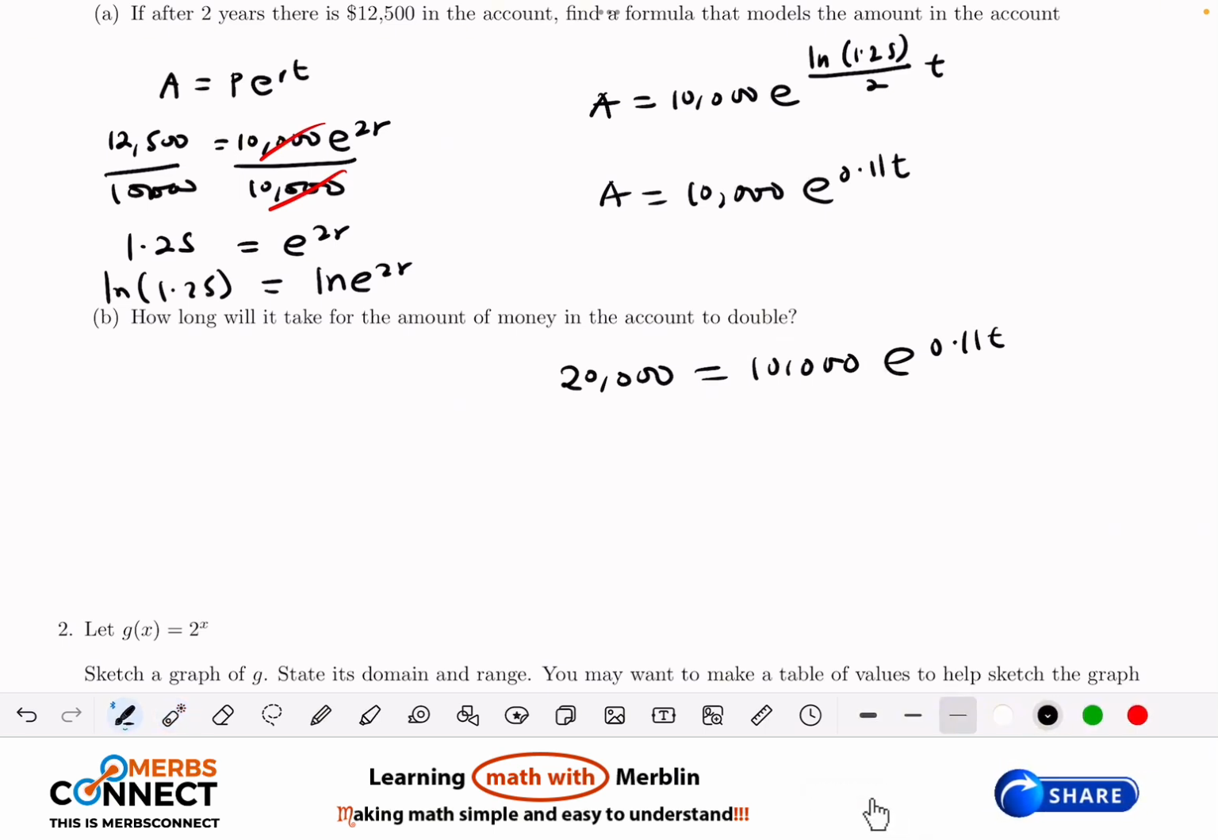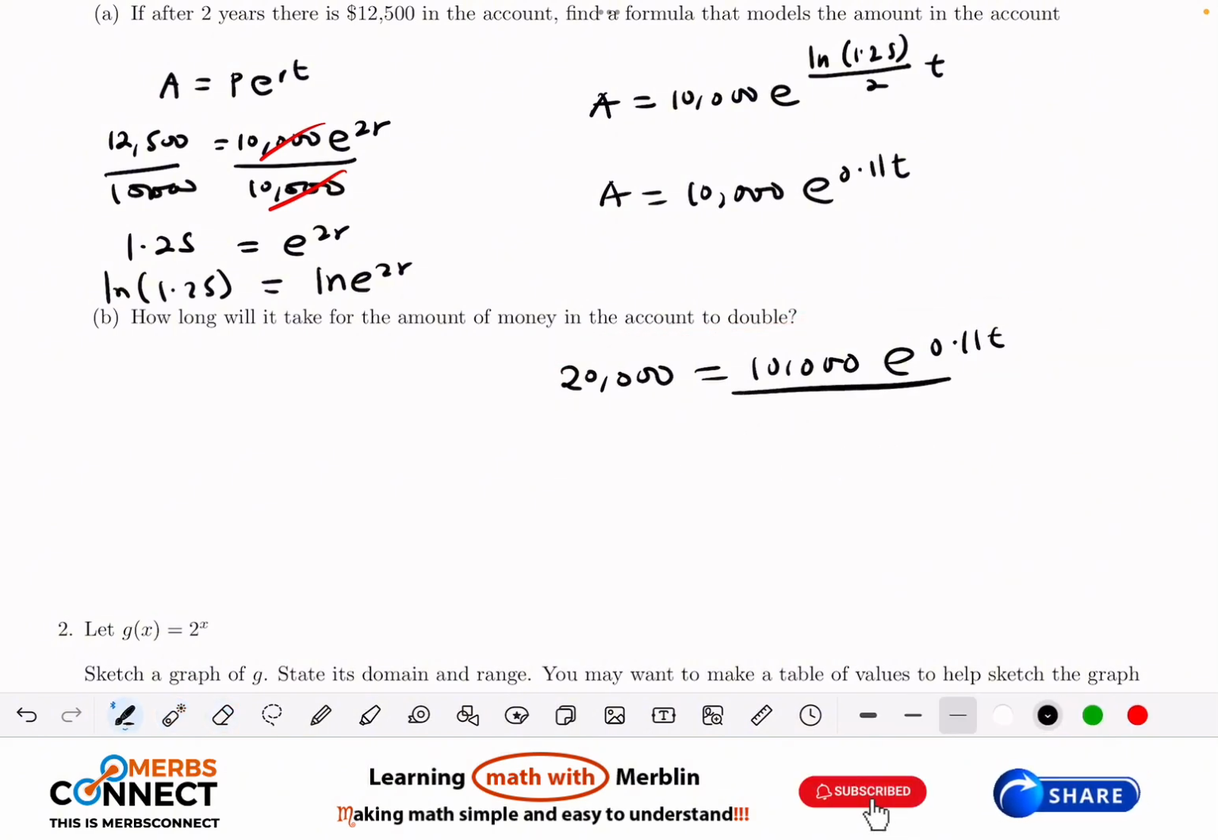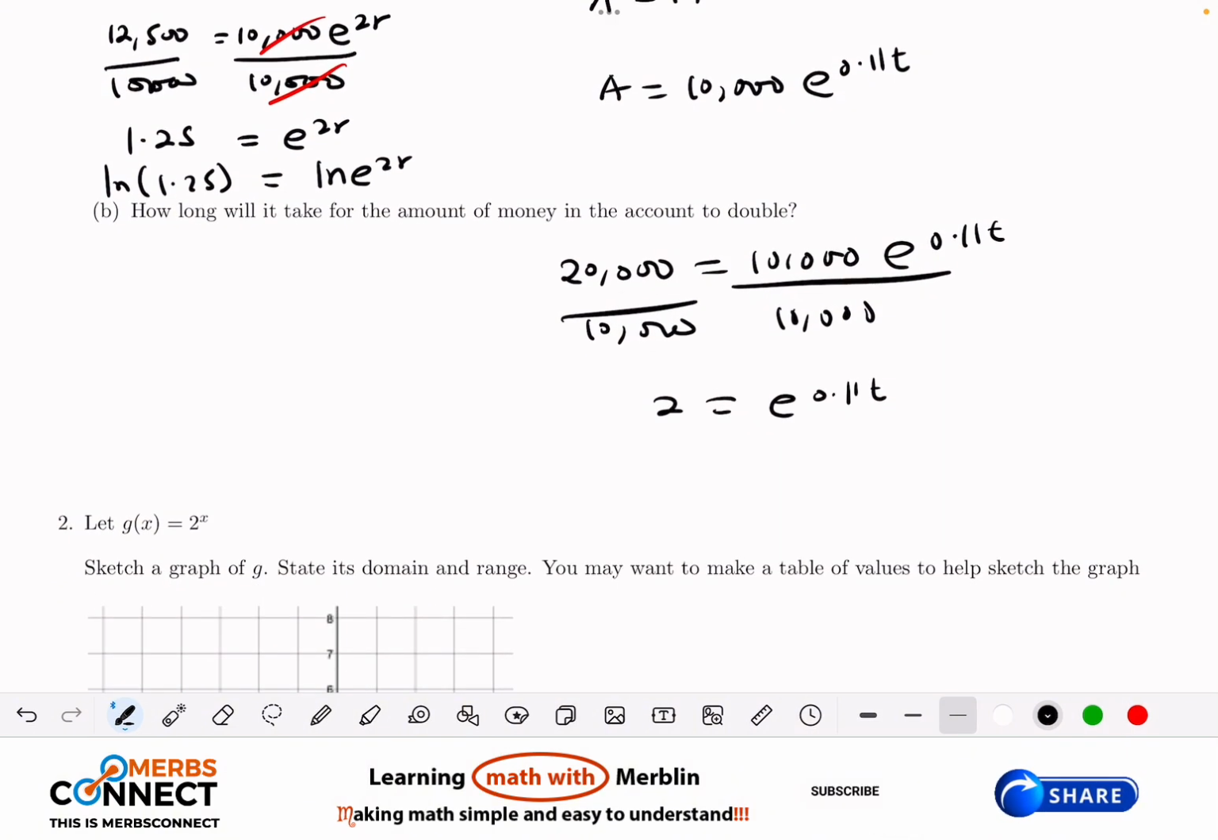So in other words, you can write this as 2P is equal to Pe to the power 0.11t, which is the same thing, but we know that the principal is 10,000. So we want to double the initial deposit. Now I'll divide through, the same as the first one, by 10,000. Then this will be 2 is equal to e to the power 0.11t. Then same idea, I pick ln, which will be equal to ln of e